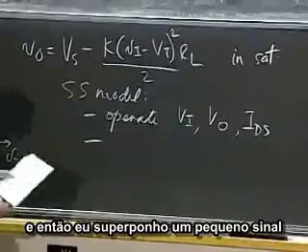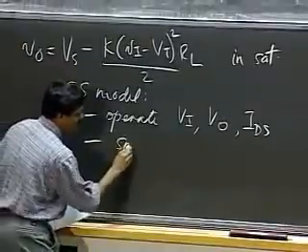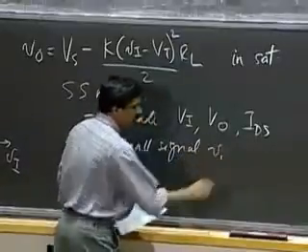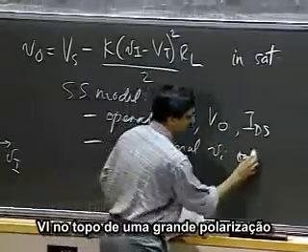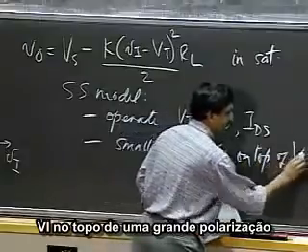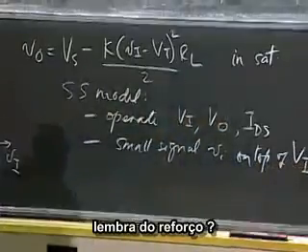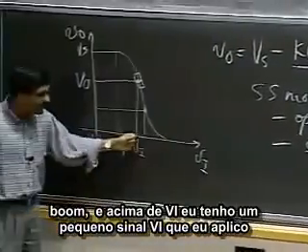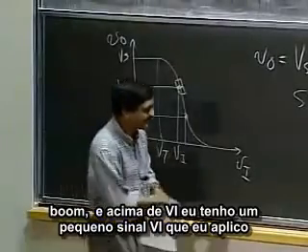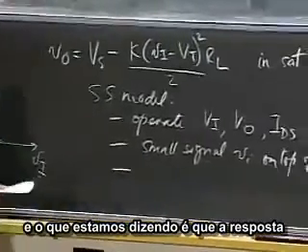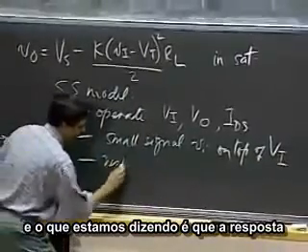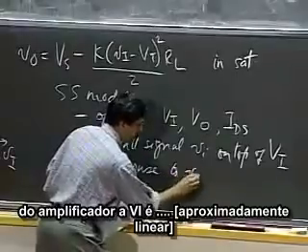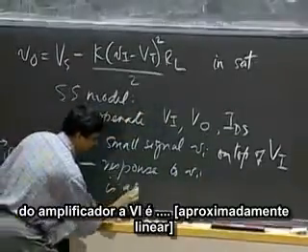And then superimpose a small signal VI on top of the big fat bias. Remember the boost? So VI is the boost. And above VI, I have a small signal VI that I apply. And our claim is that the response of the amplifier to VI is